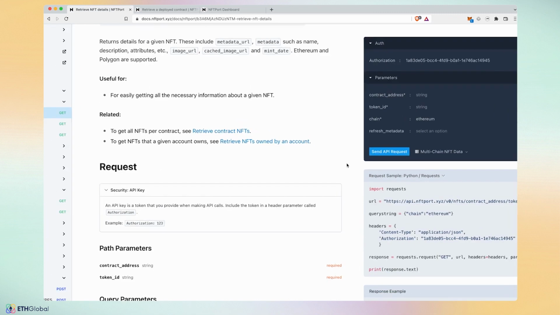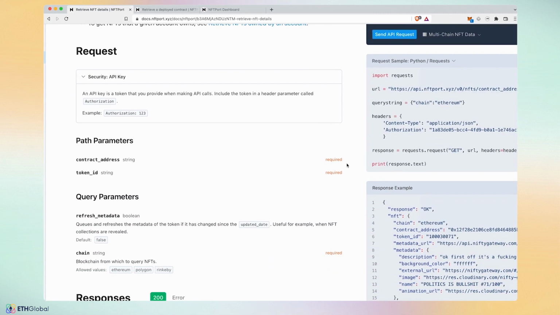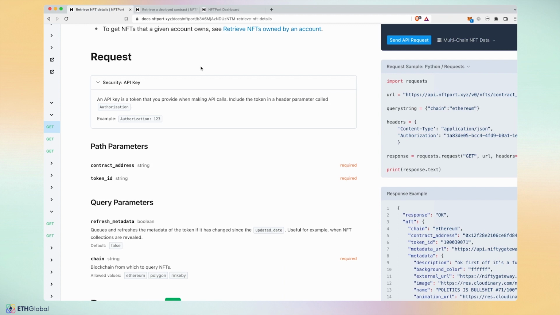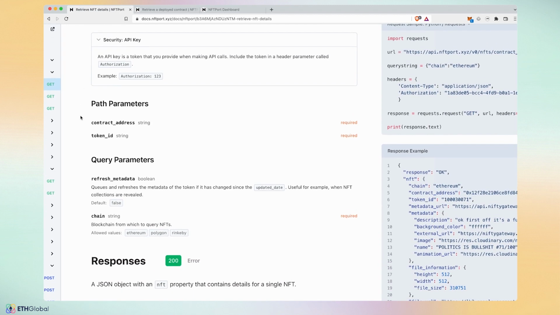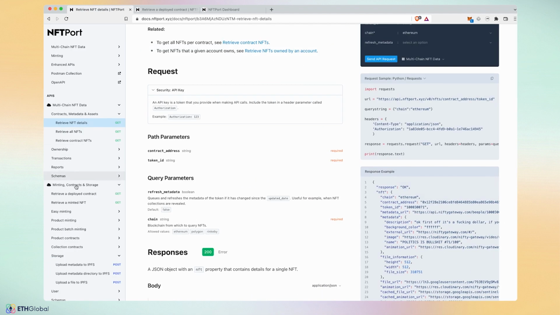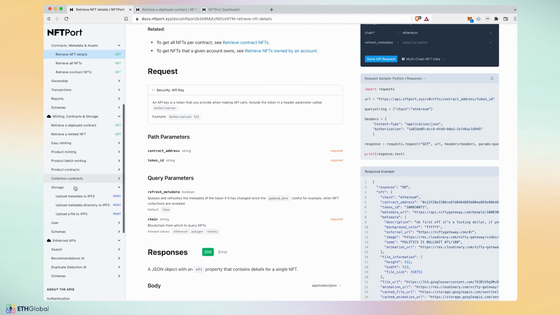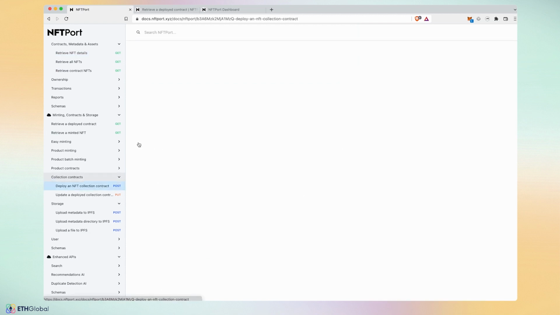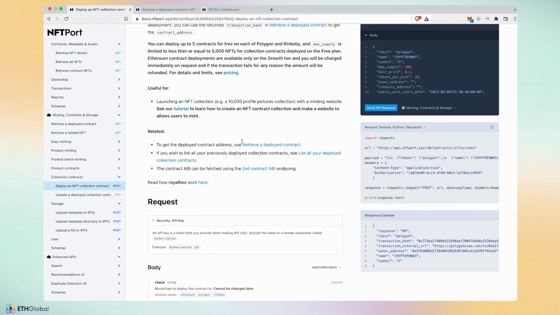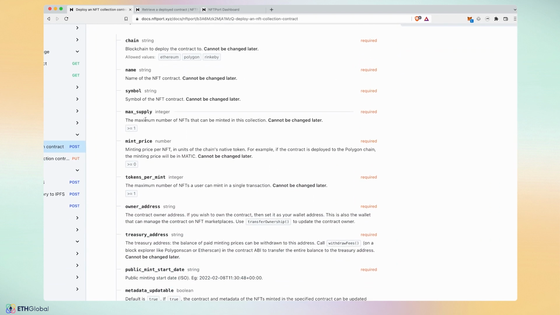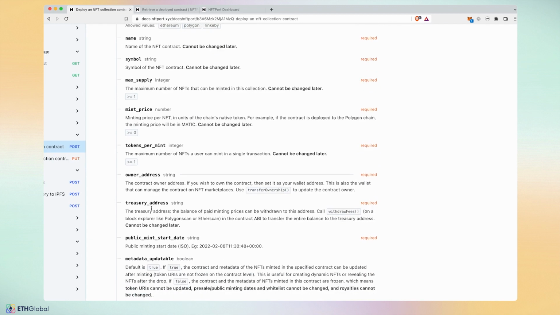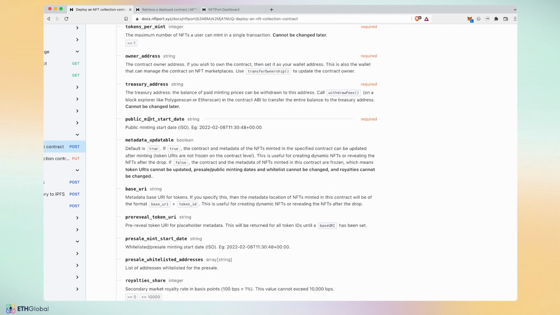If you want to understand the full power of any endpoint, then also go through the request and response sections of the endpoint descriptions. Under the request section, you can see all the possible inputs you can configure. So for read endpoints, that's typically quite narrow. But for writing, for example, for deploying a collection contract, a different kind of contract that we didn't cover in this video so far, you can set many different things. Max supply, minting price, tokens per mint, whitelisting, public versus private minting,